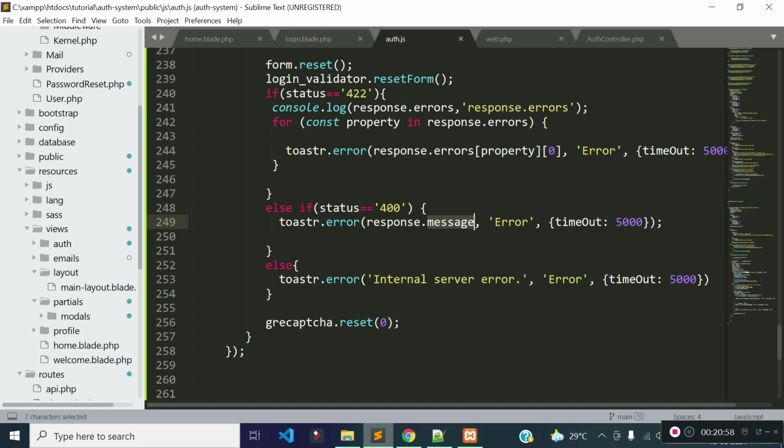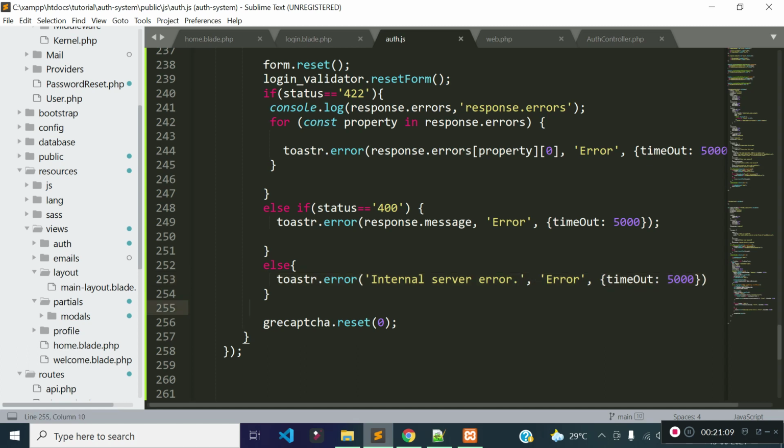We display that message in a toaster. For any other response code, we display an internal server error message. And then I am resetting the Google reCAPTCHA here.